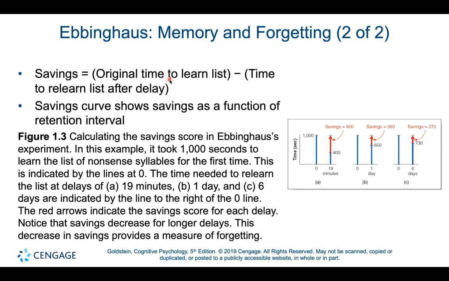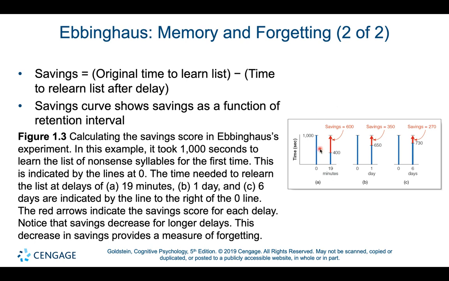Maybe he could have come up with a more intuitive way of calculating this or studying this, but this is what he did, and so we'll break it down and figure it out. He looked at first the original time it took him to learn the list the first time, minus the time it took him to relearn the list after some delay. So